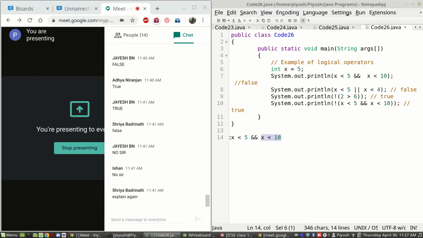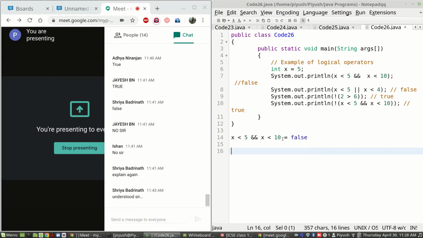But for this entire condition to become true, both should have been true, right? Because one of them is false, this will become false. Now if you write false with not, what will happen? What does not do? Whatever result it gets, it simply reverses it. So won't it make this true?